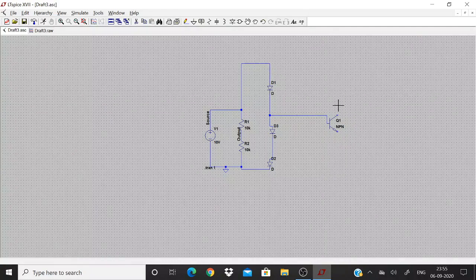I know the circuit is stupid, but it is just a demonstration to show how to connect more components.